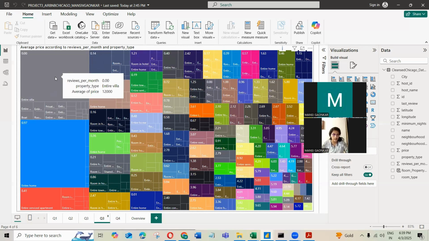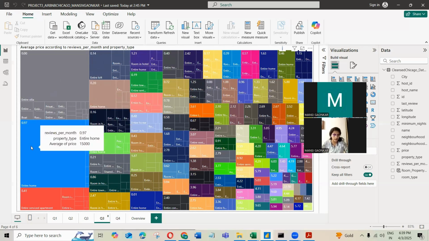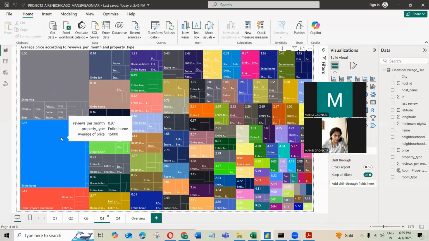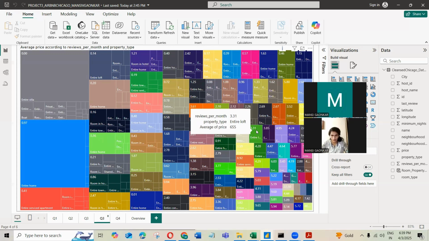So as you can see, the highest rating is for the entire home, which is 0.97, and the average price is 15,000, followed by. No, it's not about the highest rating part, but you can see the places like this were having the smaller